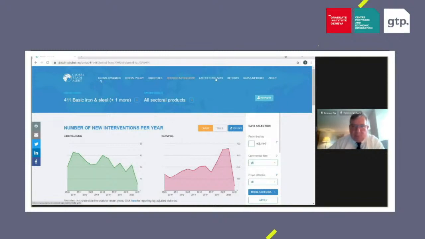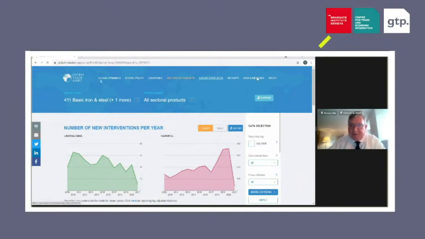I'll quickly wrap up on the website. The latest state acts that we've published are available on the latest state acts site here, which I've just tried to click and it may come up. And then there are also reports which are available as well. It seems the internet connection here is a little bit slow, and so this is not necessarily coming up as quickly. But everything we have just done with the country page and the sectors and products page, you can do on the latest state acts page. Our analysis is available on the reports page.